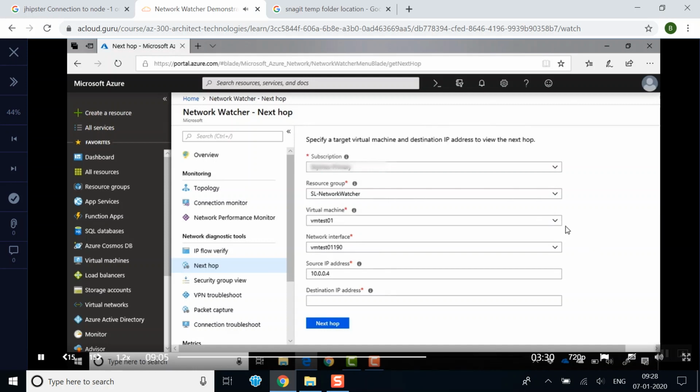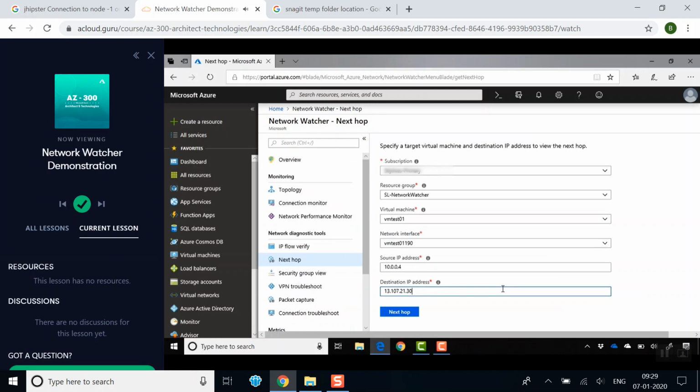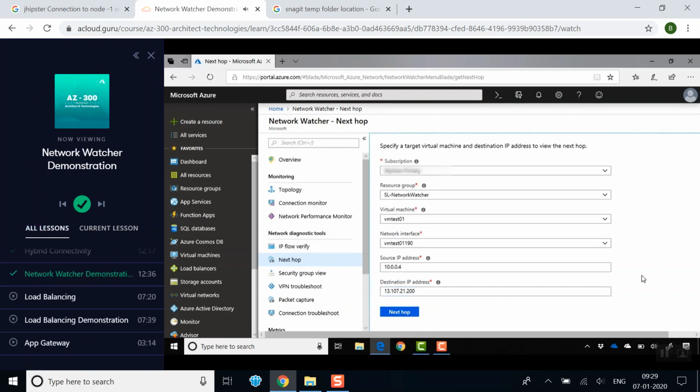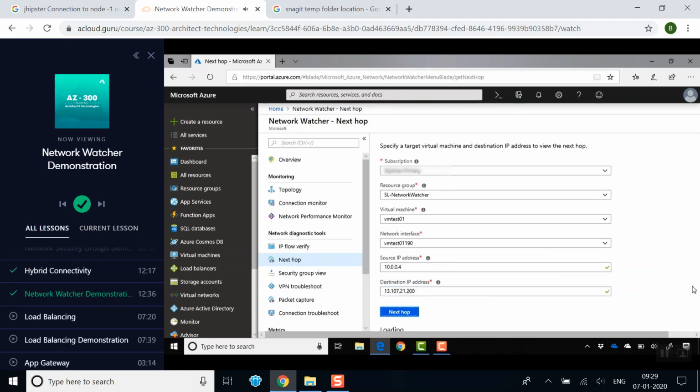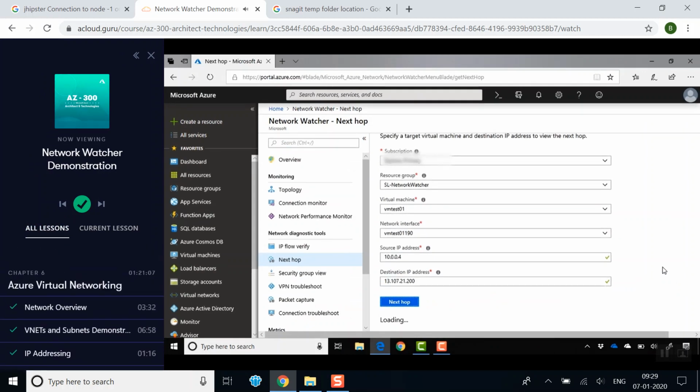resource group there. I've got my machine, VM test 01 again. I've got my network interface, source IP address, and let's say that next destination was the Bing server again. This just tells you what the next hop will be for that particular website or whatever IP you're trying to get to. So we click next hop after typing that in. It won't take too long, probably about 10 seconds again, just like before. And as soon as that's done,